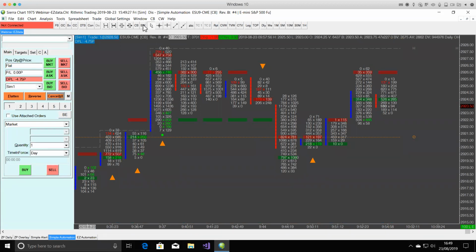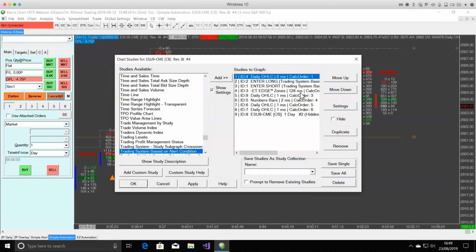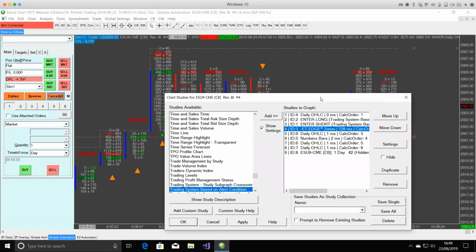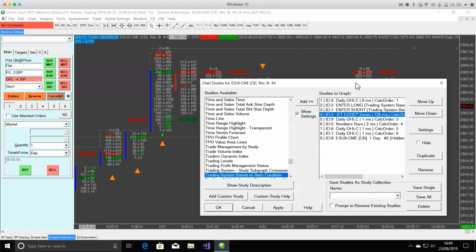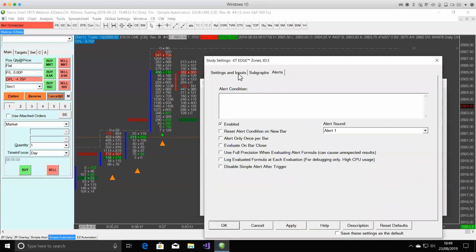Now, what I'm using here on this chart is edge zones. In fact, we had a client a week or so ago to say, how can I use edge zones to scalp? When I've got aggression in the market, I want to enter at market. And that's something, if you want to do that style of trading, you can build it quite easily with standard Fiera Chart functions. So I've got edge zones applied to the chart here. It's set up